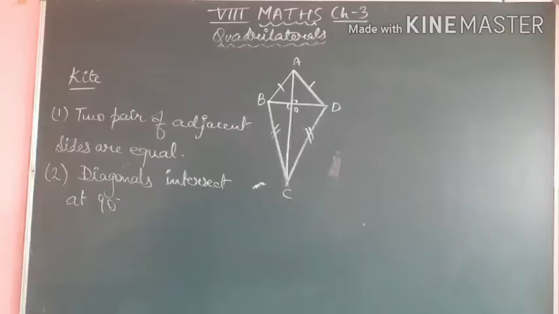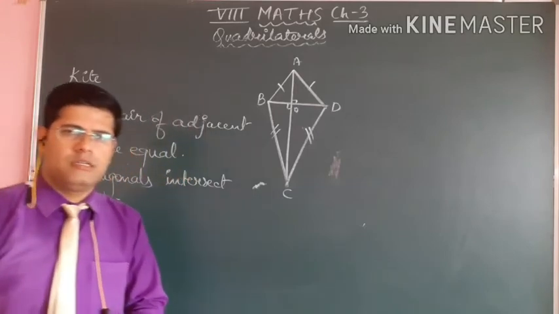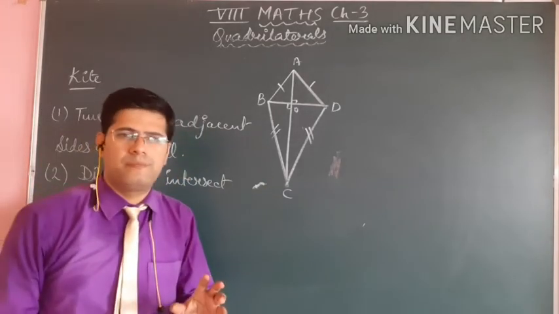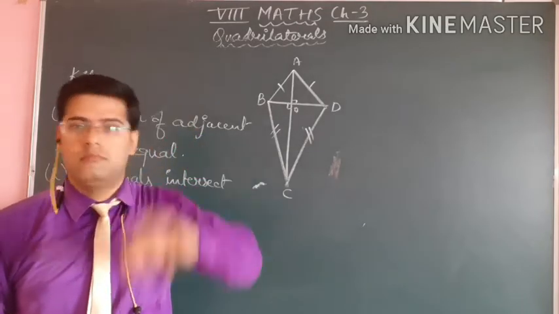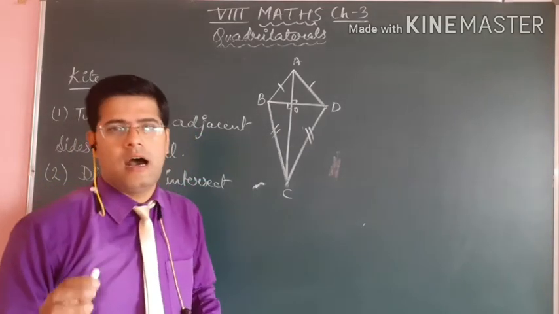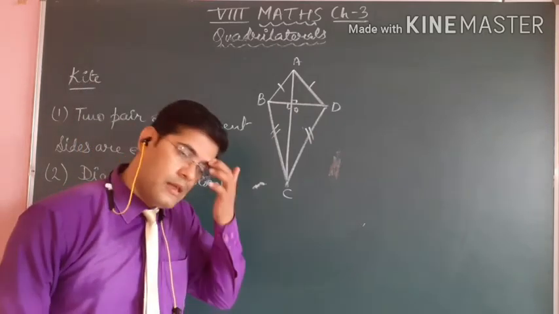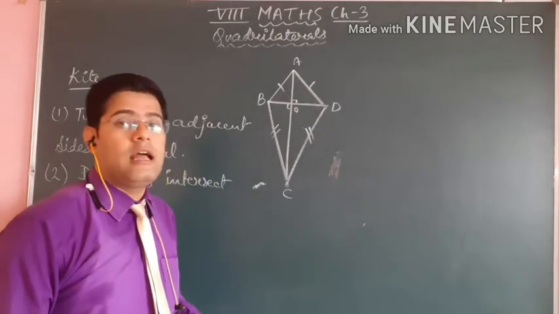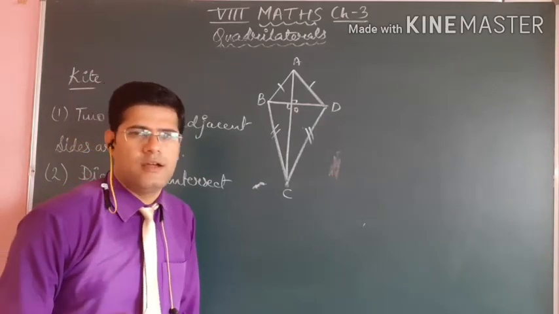Okay, students. Now this is kite. What is special about kite? Why is it different from all the others? Because it is not a parallelogram. None of the sides are parallel. None of the sides are opposite to each other and equal to each other. None of the adjacent pairs will be 180. It means it will not show any property which we have taught.